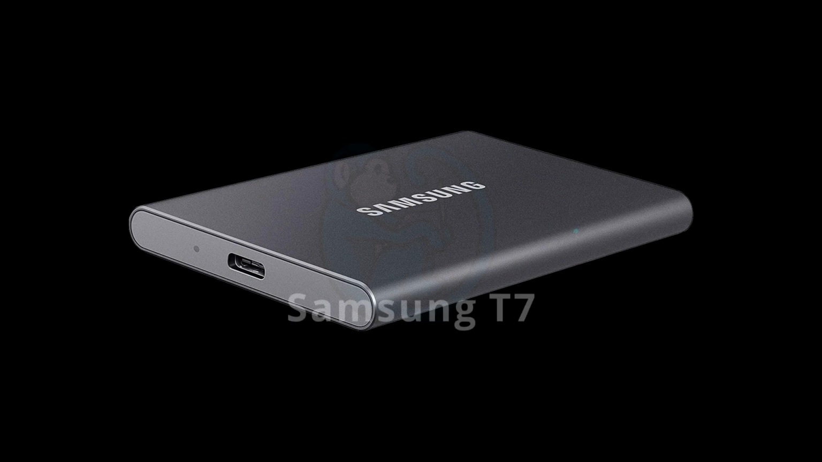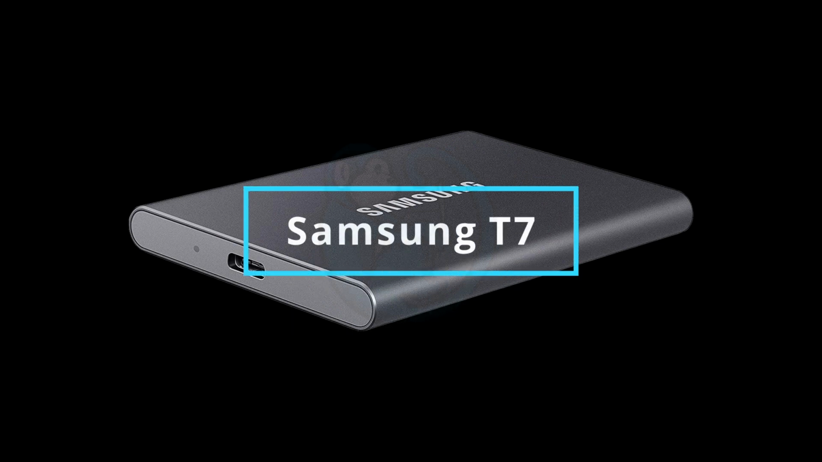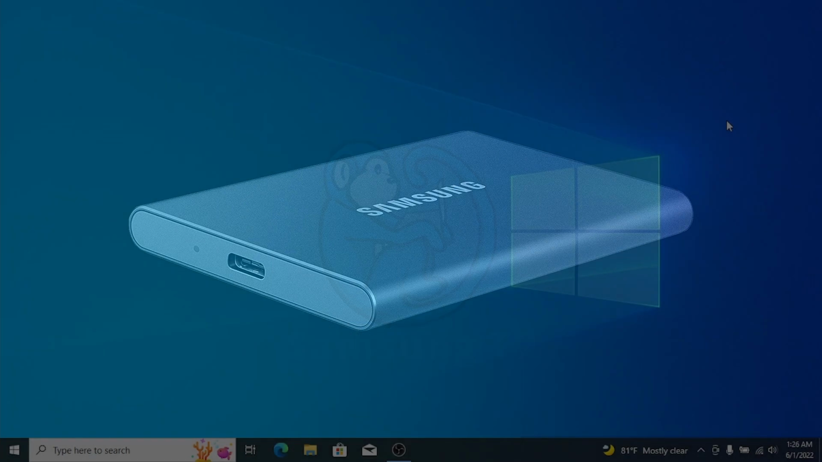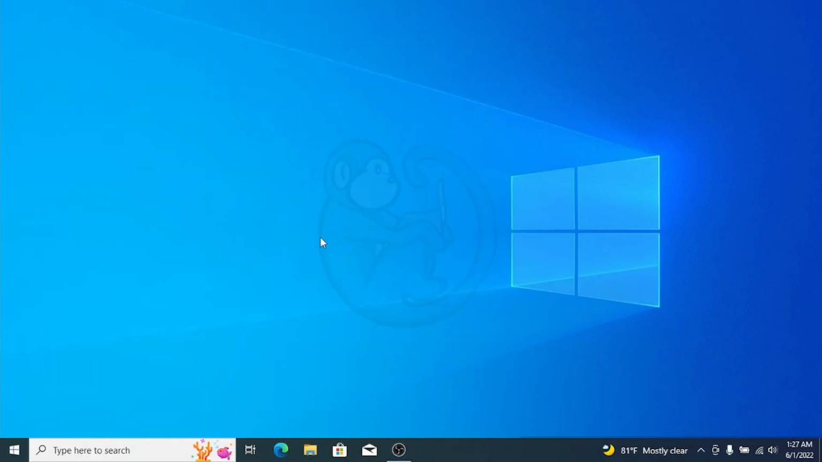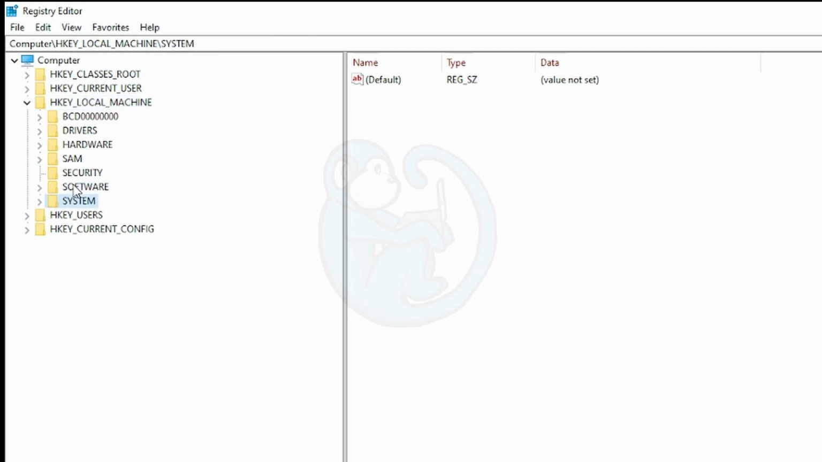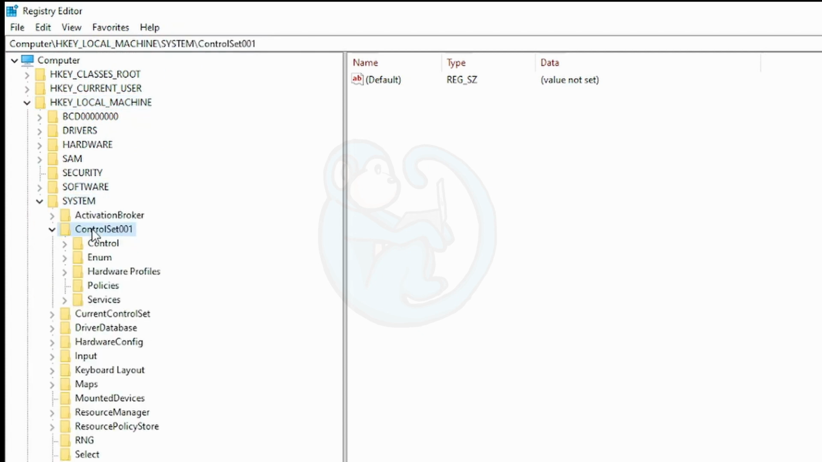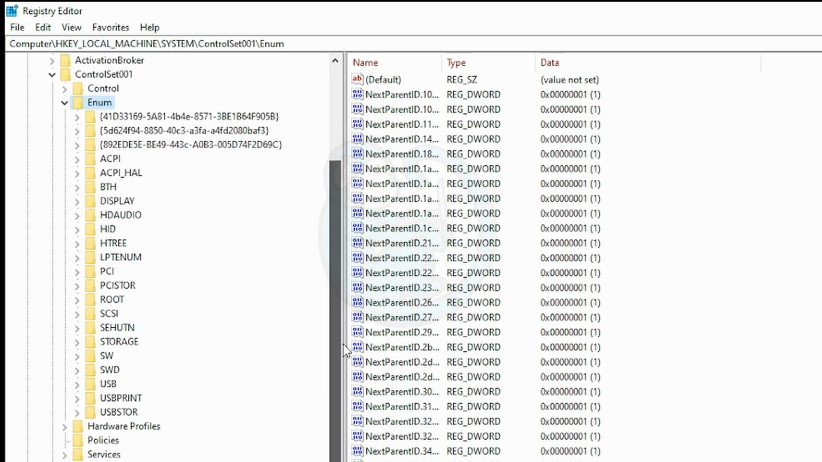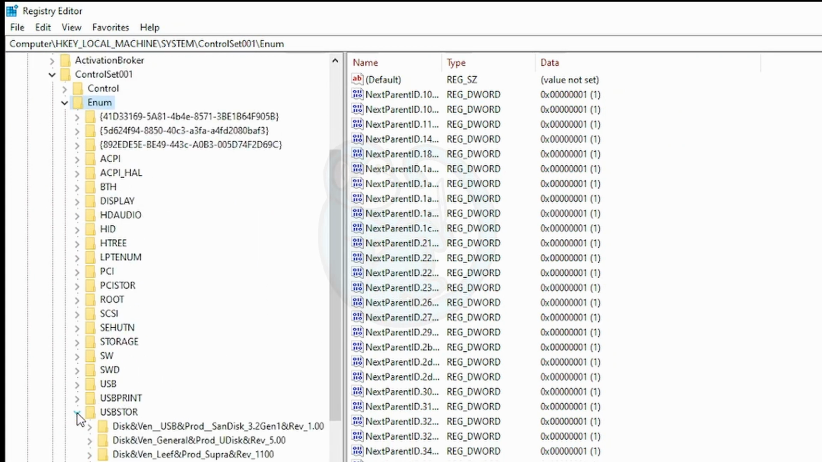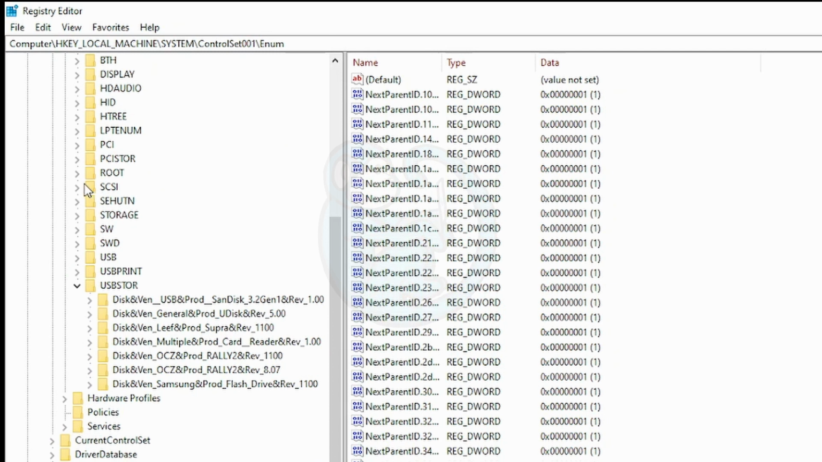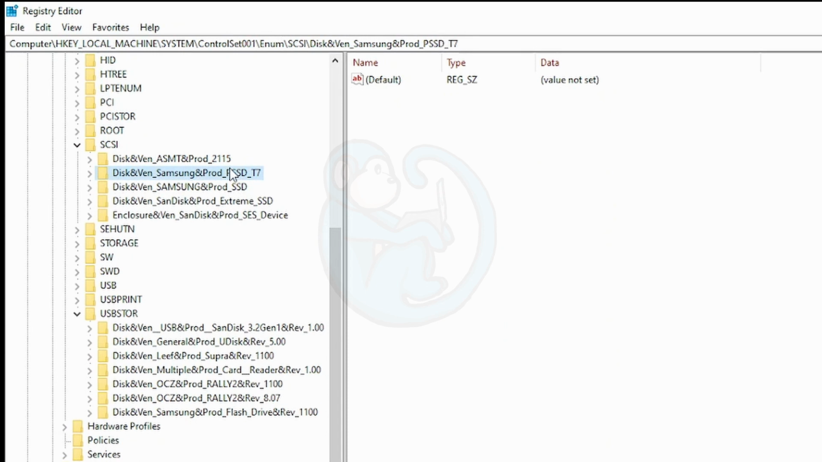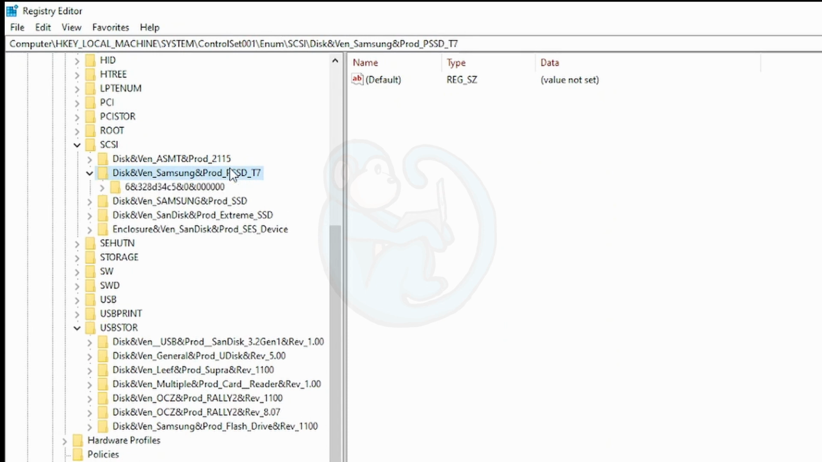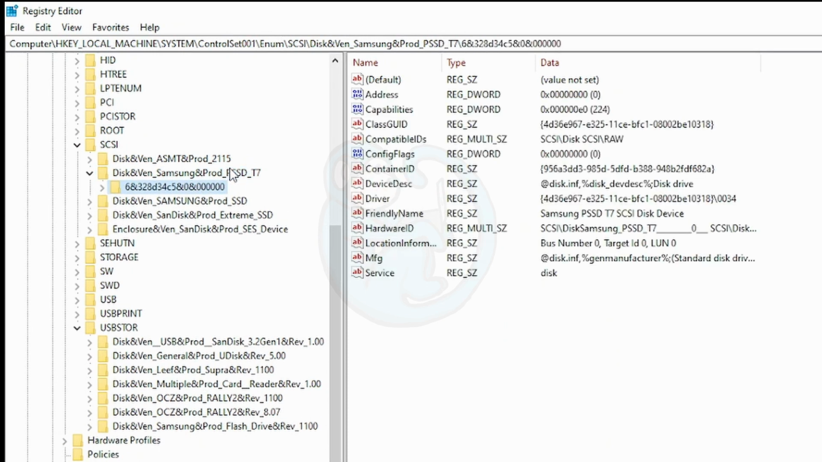The first SSD we are looking at in this video is the Samsung T7 portable SSD. In Windows, let's look at the registry by typing regedit in a command window. And then in the system hive, under ControlSet001, Enum, and then SCSI. Note that it's not USBSTOR that we're looking at, because these SSDs adhere to the SCSI protocol, so they're not USB devices. So when I expand the Samsung PSSD T7, we see the serial number as being